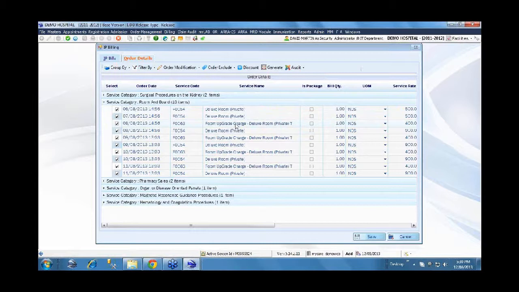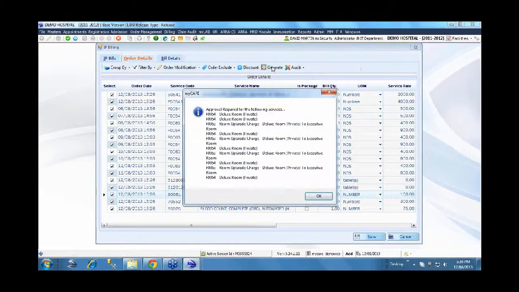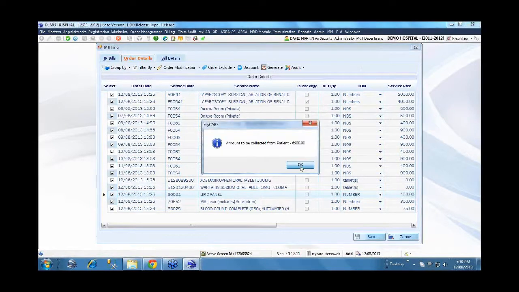So here we assume there is a laparoscopic procedure done for this particular patient, and this procedure is defined as a package in the system. How does the system handle that? Once you generate all charges, which is defined as part of the package.